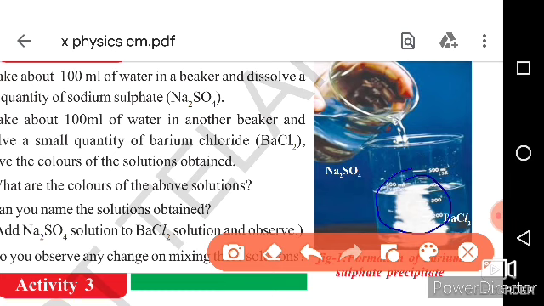So it will not mix with the remaining solution. So this insoluble substance is known as PPT, precipitation. This PPT is formed in the reaction between Na2SO4 and BaCl2. When the reaction takes place between Na2SO4 and BaCl2, it will form barium sulfate. This PPT is known as barium sulfate. Remaining solution, sodium chloride solution.